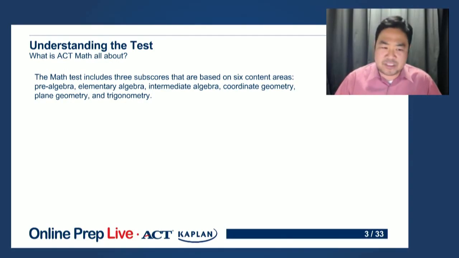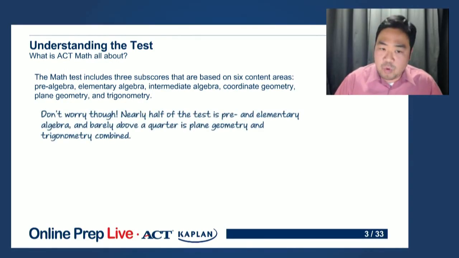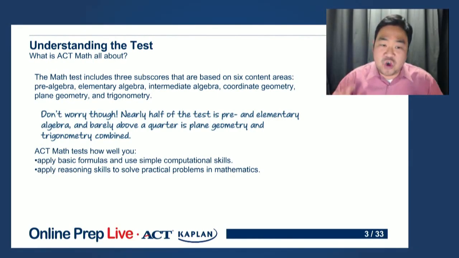But not to worry, because nearly half of the test is on pre and elementary algebra, and barely a quarter of the test is on geometry and trigonometry combined. So don't worry that some topics may be more difficult than others, but don't think that the ACT is just trying to throw random math topics at you. Instead, the ACT math test is basically just seeing if you can apply basic formulas,